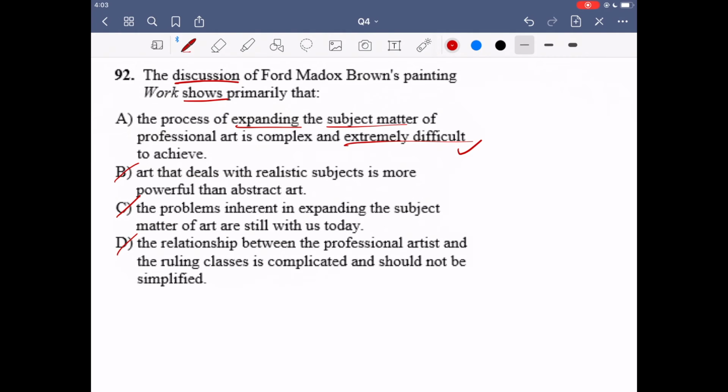Yeah, that discussion wasn't about the relationship between a professional artist and the ruling classes. That discussion was more so about this person trying to appeal to the lower classes. So it wasn't really even relevant to the ruling classes, except for the fact that the person was trained by the ruling classes and then they painted according to those values. Because of that, we removed the other answer options. Option A is, even before I looked at the answer options, pretty much what I had in my head, and it's correct, and it matches with the main point of the passage. For all those reasons, we choose answer option A.